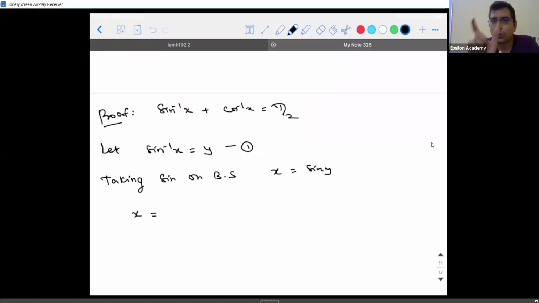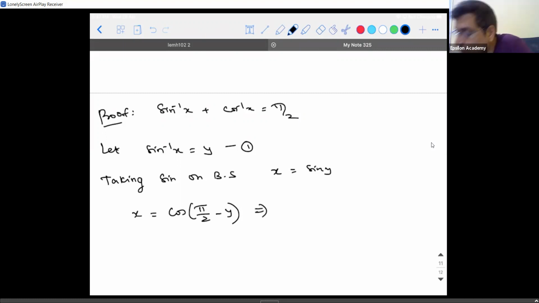So you should know when to use square. Is the question related to squares? We don't need to use the square. You are thinking of the identity, but you forgot the fact that they are complementary of each other. That is, you can write it as cos of pi by 2 minus y, no? Because my job is to bring that pi by 2. How can I bring pi by 2 between sin and cos? Only when I know that they are complementary of each other.